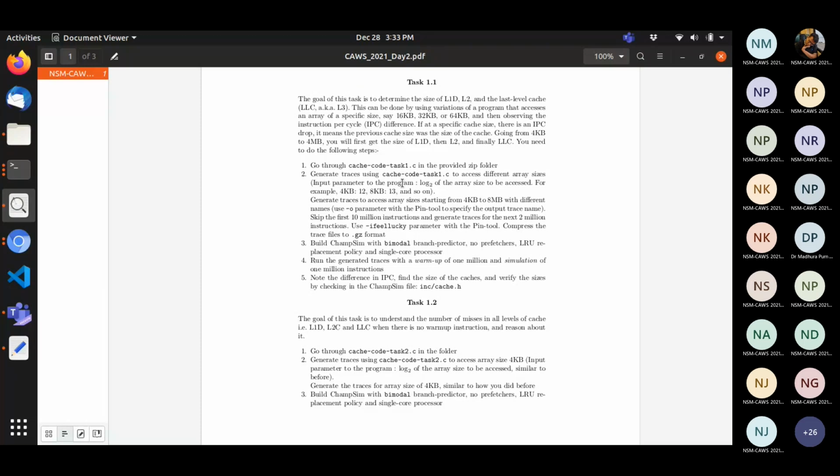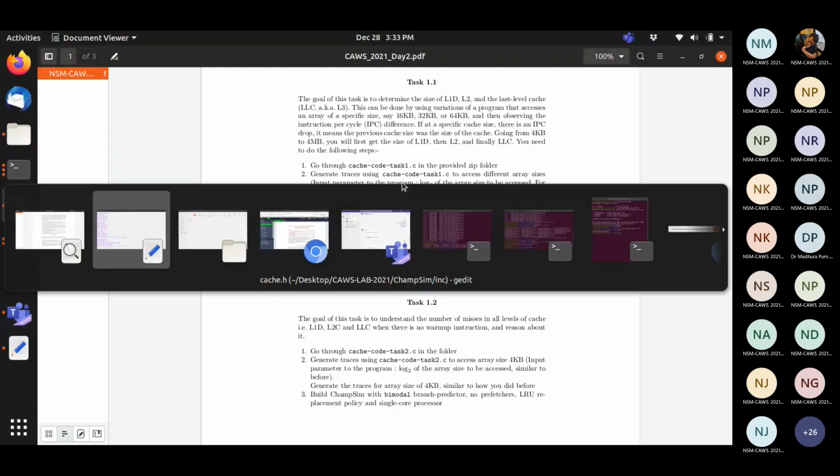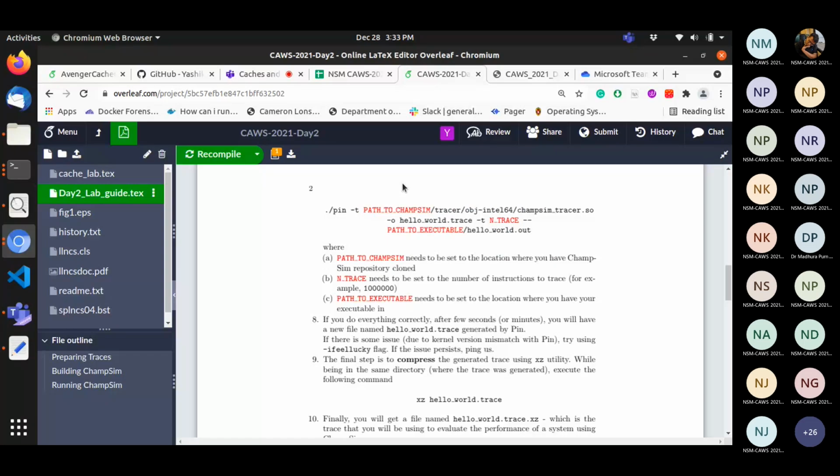Yes, I have a doubt. For generating a trace, for skipping the first 10 billion instructions, how to pass the argument further? Actually, you don't need to skip any instructions for this trace. You can just use this particular command which is already given here. This doesn't have anything to skip. It just generates the traces since the beginning. So just do that. It will be enough for this program.